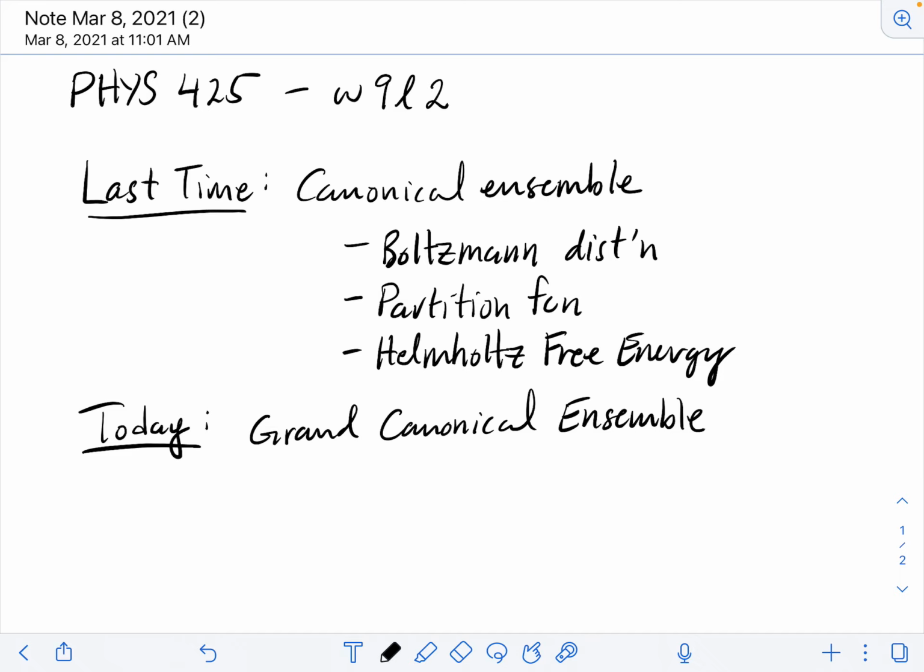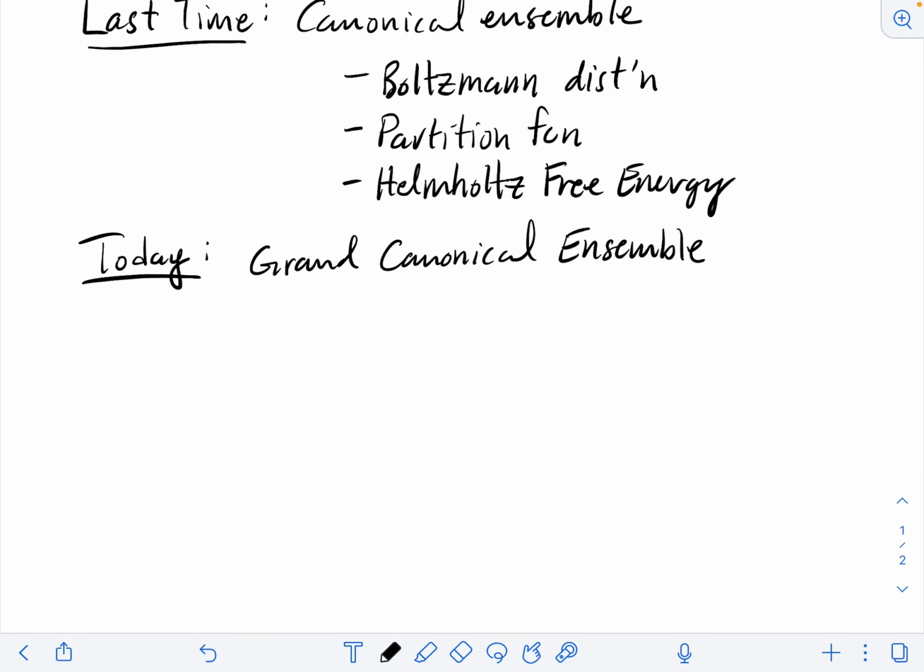Today, we're going to talk about the grand canonical ensemble, and it's like the canonical ensemble where we have replica systems in thermal contact with one another so they can exchange energy, but this time we'll also let the replica systems exchange particles, and so no single member of this ensemble will have a fixed number of particles. So a lot of the analysis we'll do will be quite similar, in fact, to what we did in the previous video. Before we get into that, let's just remind ourselves of one concept, and that is the concept of